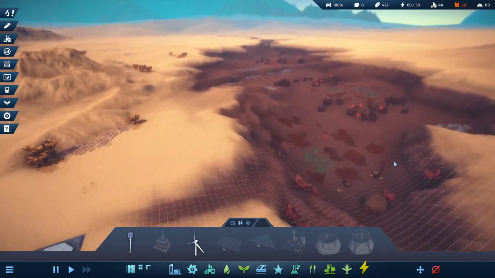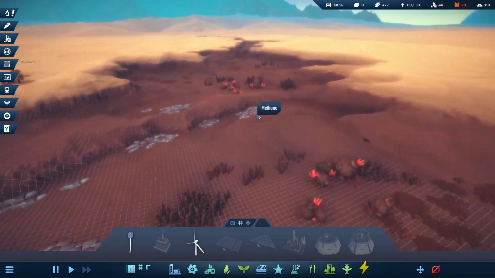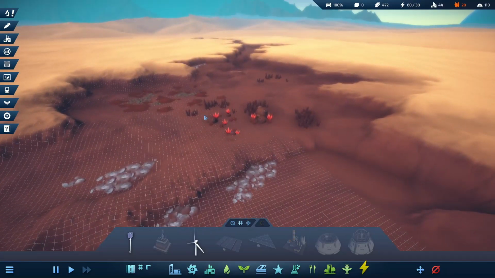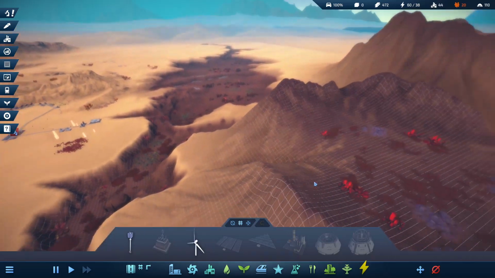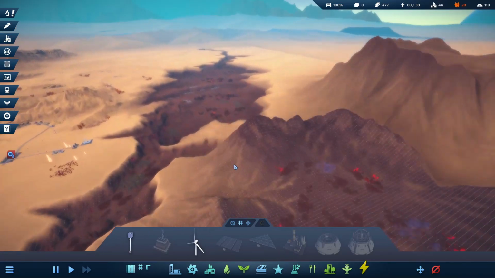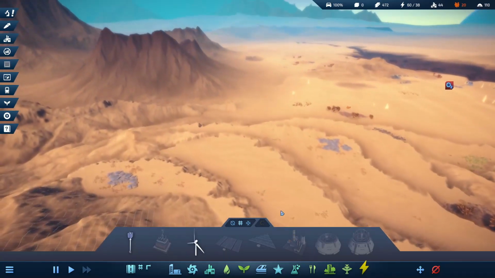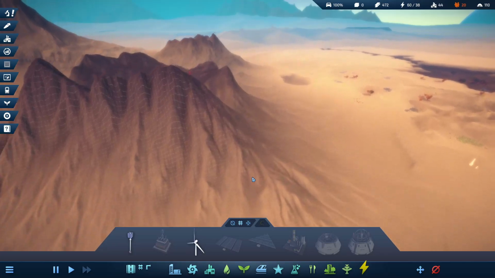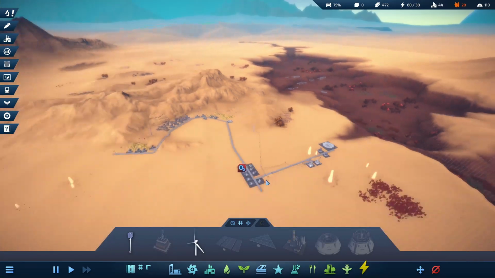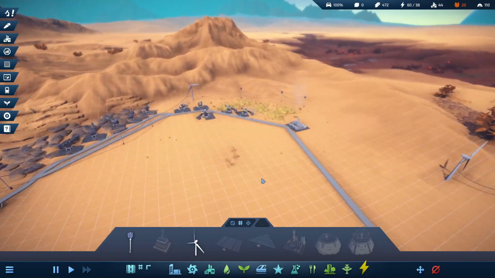Let's have a little look around the map. So we've got a big crater here full of methane and uranium and more uranium. Then we've got iridium ore up here, and you've got aluminium over here. And then you've got where I am with lots of...